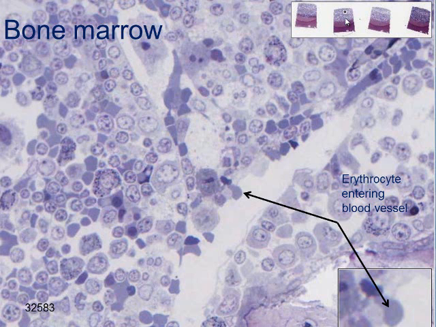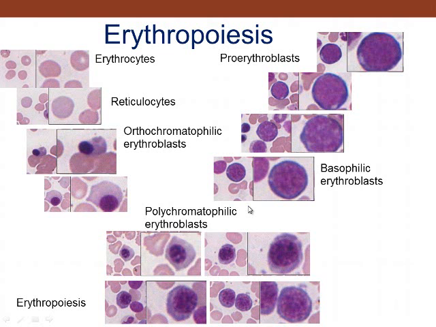And if we look at the bone marrow slide that I told you about before, here we can see a red blood cell squeezing through from the extravascular space into the blood vessel, and that's really not a red blood cell, it's a reticulocyte that comes through. So if we look at erythropoiesis, we start out with the red blood cells, reticulocytes, and then the orthochromatic erythroblast, with the nucleus just about to be popped out, and a very dark nucleus. Then polychromatic, you've got different colors in the cytoplasm, fractured face, and then basophilic, fractured face with a blue cytoplasm, and then a smooth face with the